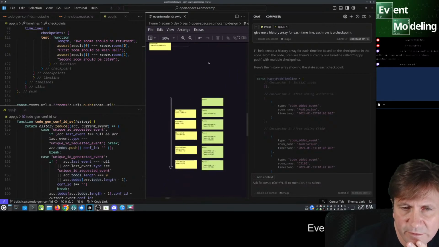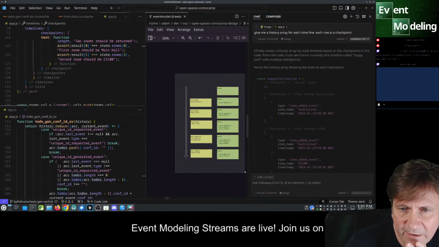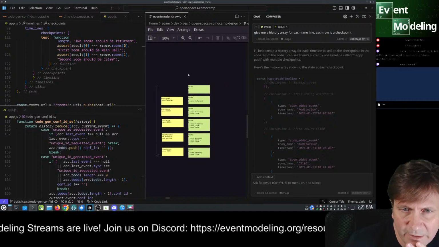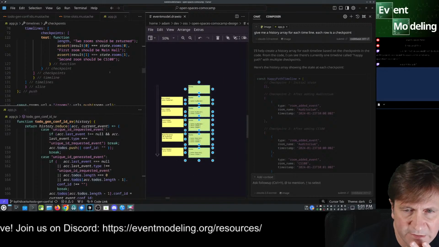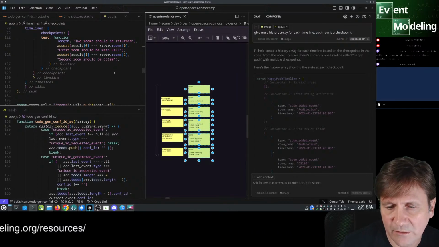So this is the problem. Obviously we have an example where we have a test for everything, and that's the implementation. So I think that's the implementation that's causing an issue here.